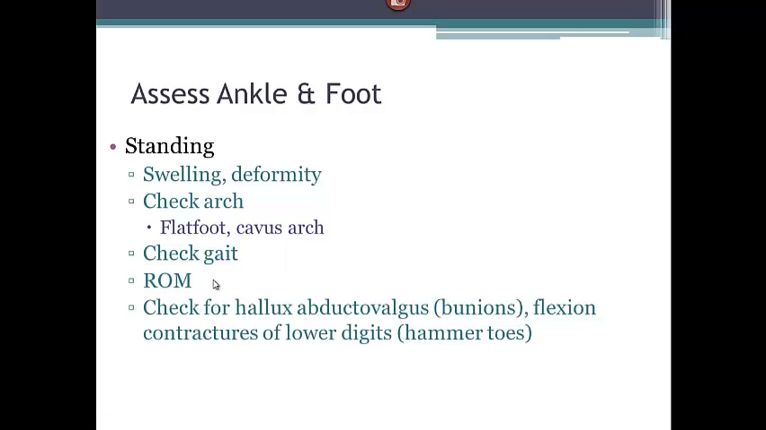Check for hallux abductovalgus, which is the same as bunion. And what is bunion? Bunion is no more than a prominence of the medial portion of the head of the first metatarsal bone. The cause is various,